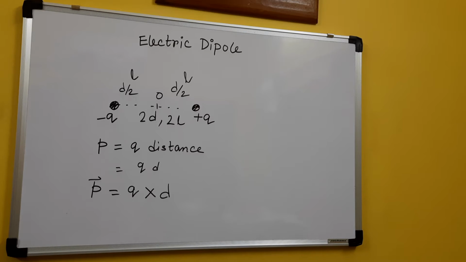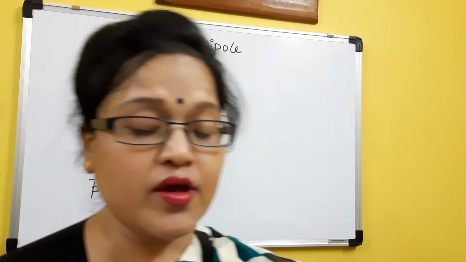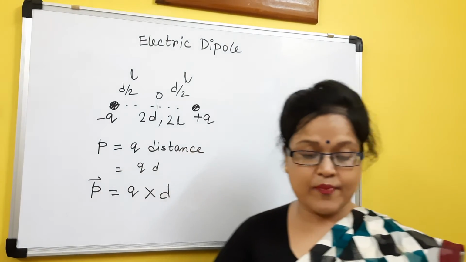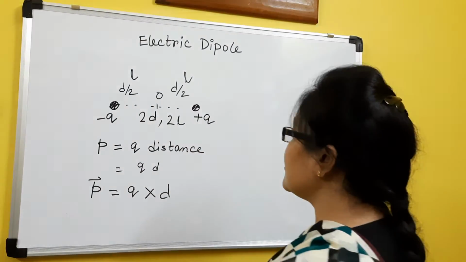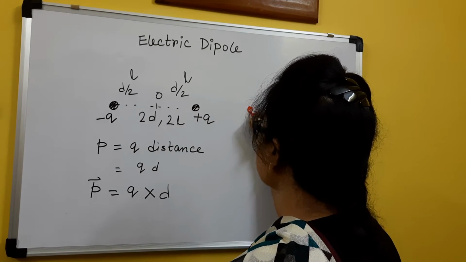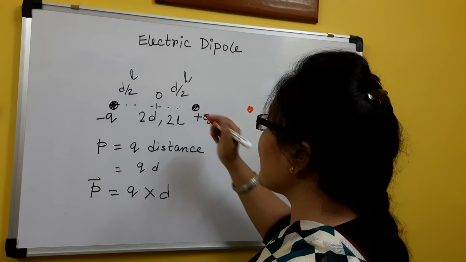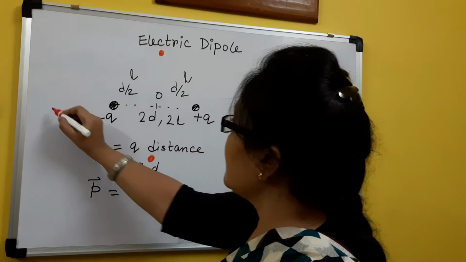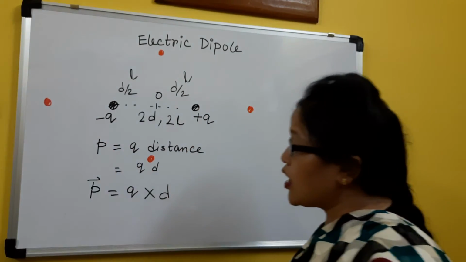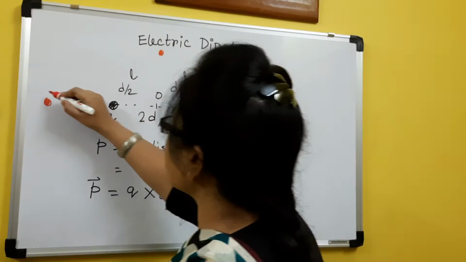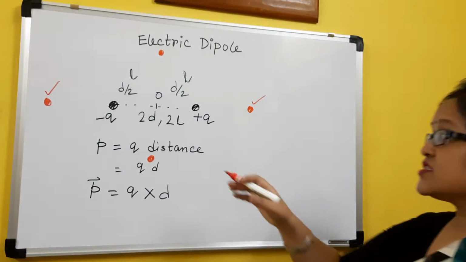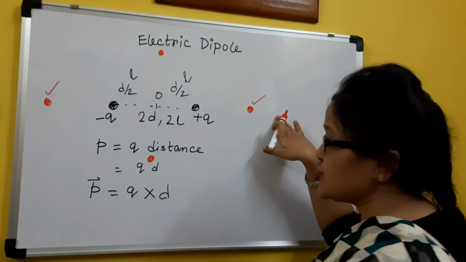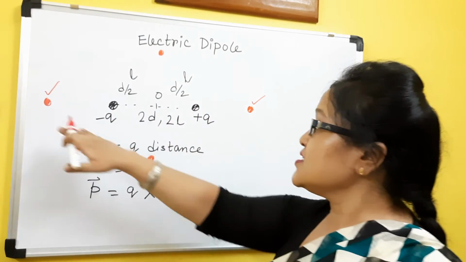Done. And then the second thing is, if a test charge comes very close to the dipole, what will happen? Now if a test charge is coming very close to the dipole, then two things can happen. Either the test charge is here, in the same axis as the dipole, or it might be here, or here, or here. Clear? So what we had done, these two cases we had taken together. Means we had taken the axial position, on the axis. This is the axis of the dipole.